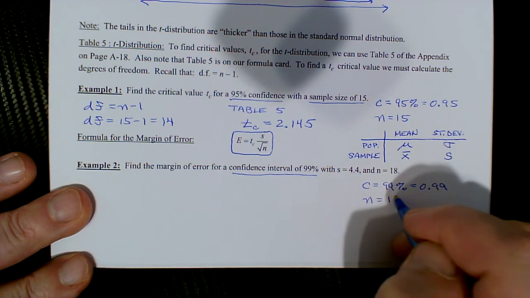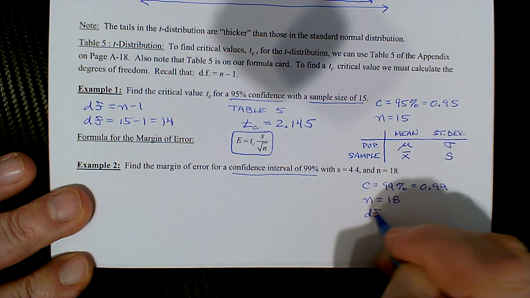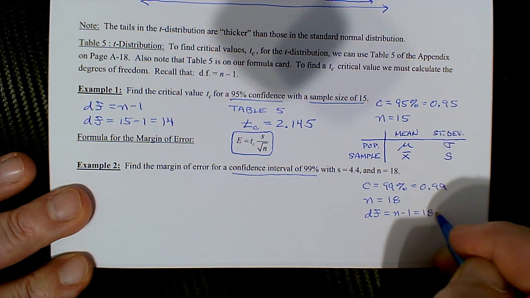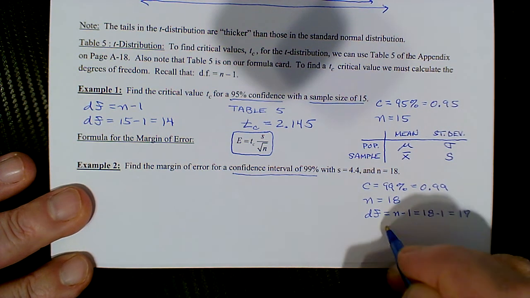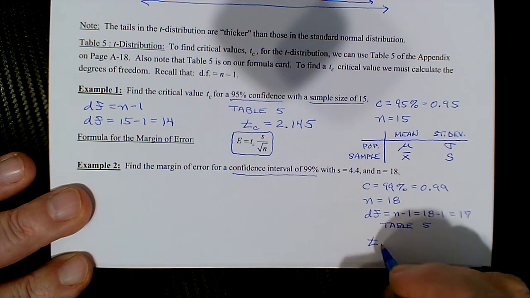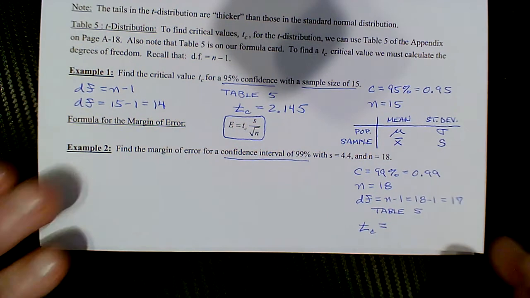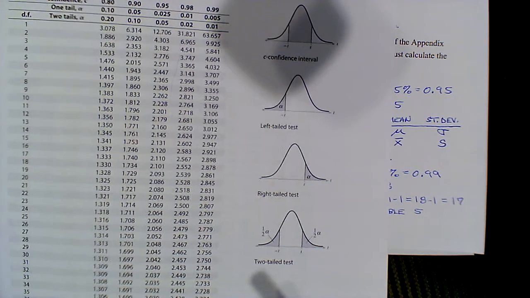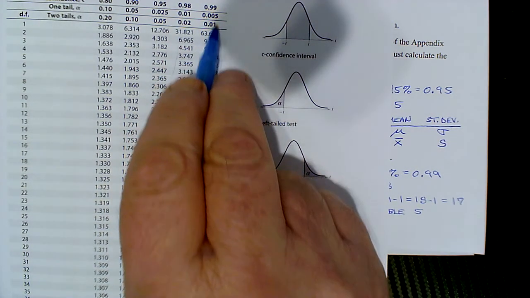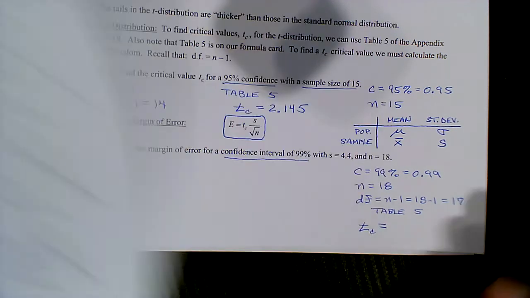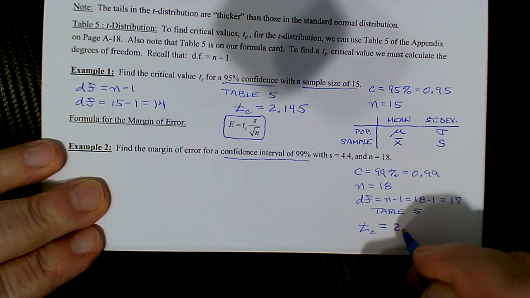To get the critical value, we need the degrees of freedom. N is 18, so degrees of freedom is N minus 1, 18 minus 1, obviously 17. So then we go to table 5, and we look up the critical value for T. It's probably the last time I'll show it because it's the simplest table we'll ever encounter, right? For the 0.99 confidence interval, our last column intersected with the row where the degrees of freedom are 17, looks like 2.898. So T sub C is 2.898,